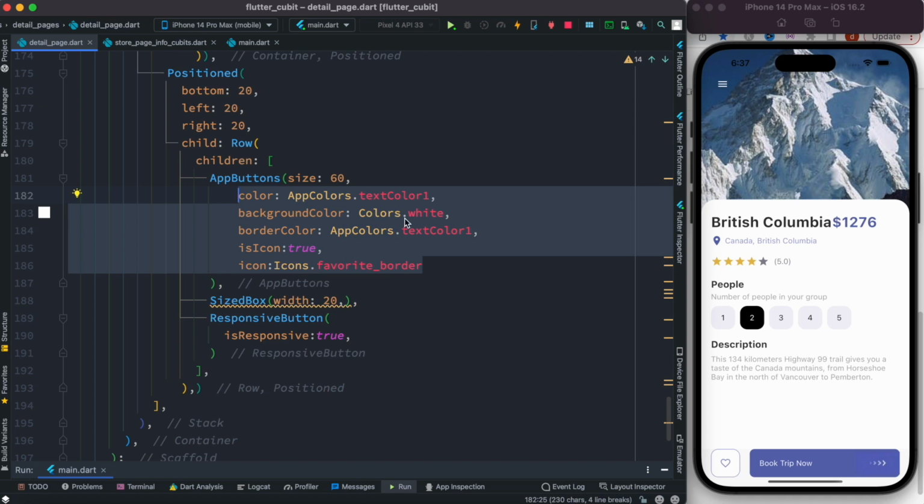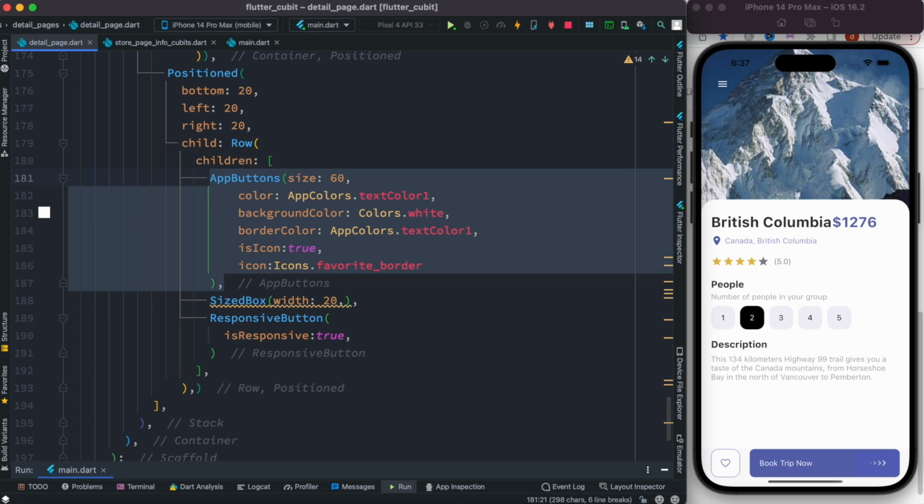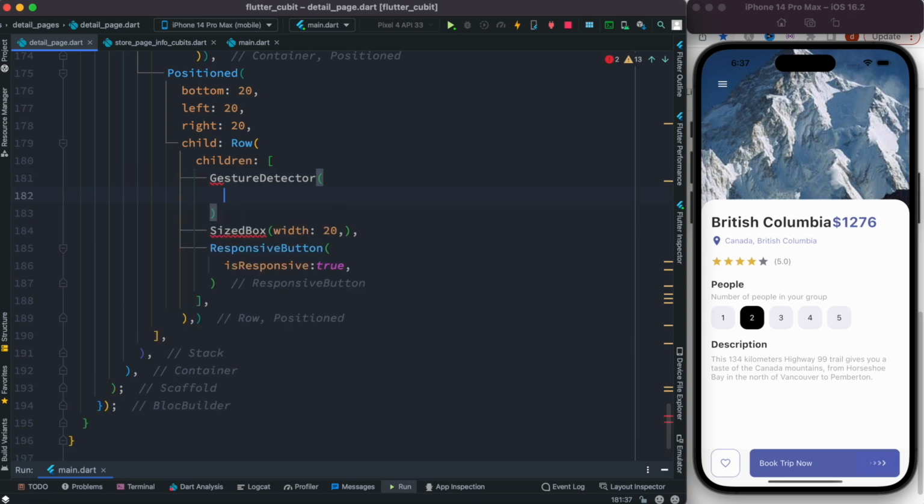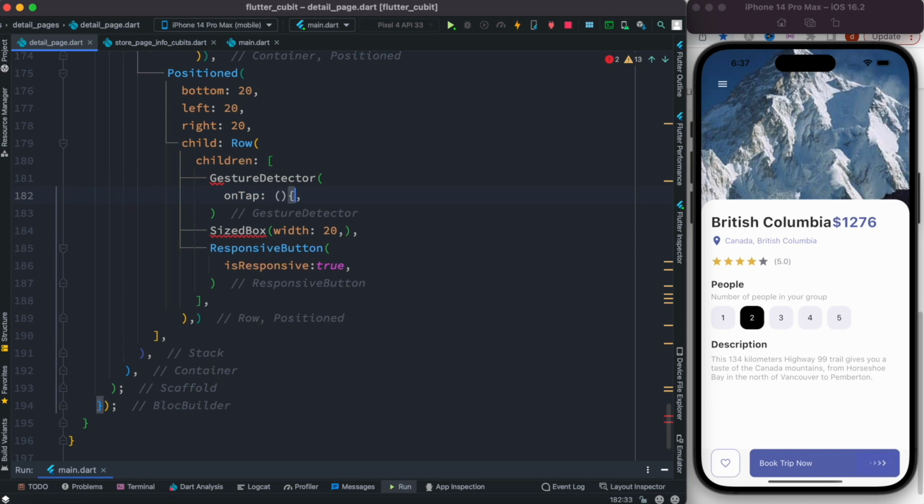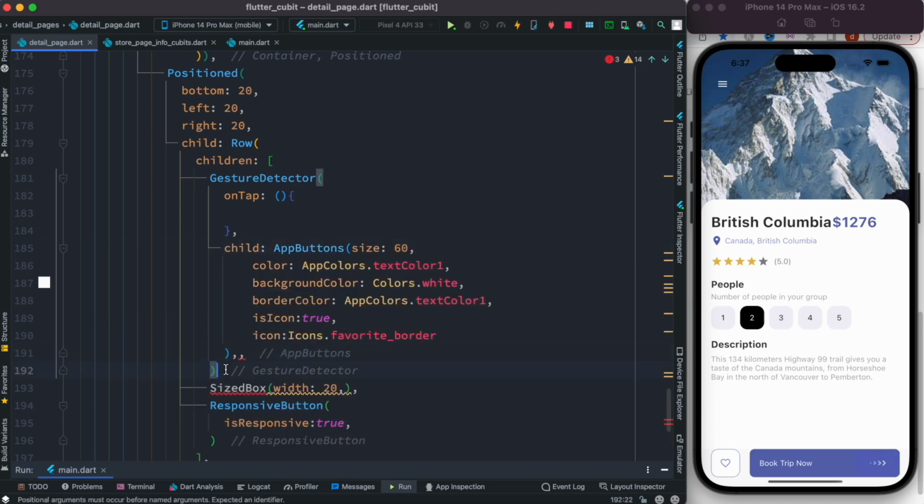All right, now what I'm going to do over here, this button is this one, but this is not responsive. So just like earlier, we need to wrap it around a GestureDetector, and then we'll have an onTap event, and let's go ahead and have it, and then we'll have a child,